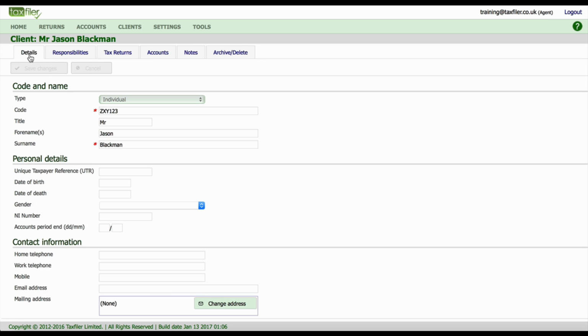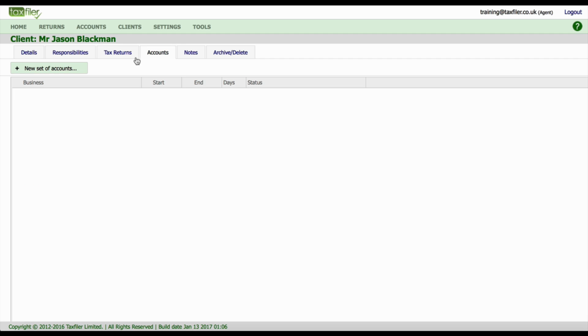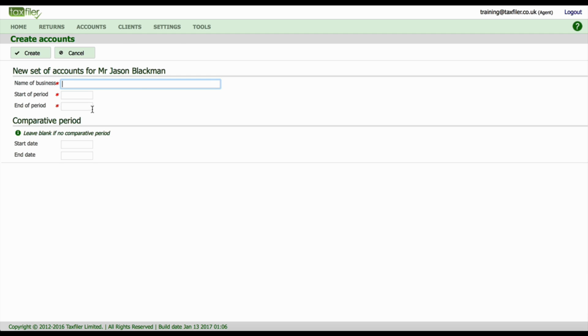So you can see we've got the tabs of Details, Responsibilities, Tax Returns, Accounts, Notes, and Archive and Delete. For this purpose we're going to click on Accounts. We're then going to click on the button New Set of Accounts, and we then fill in the details that are required here. So we've got name of business,